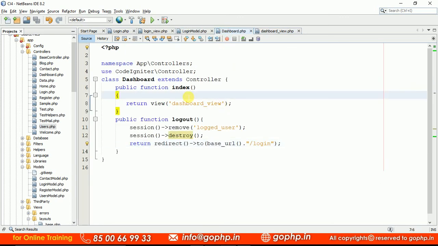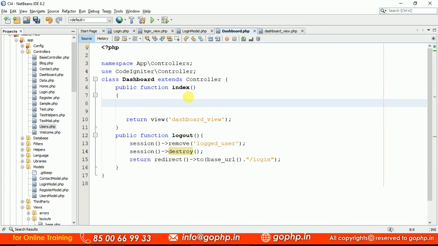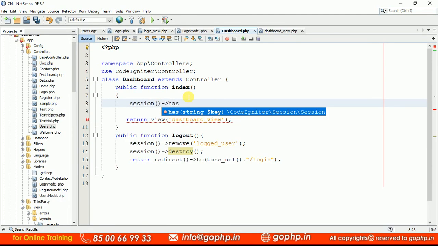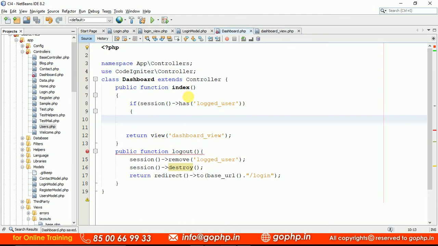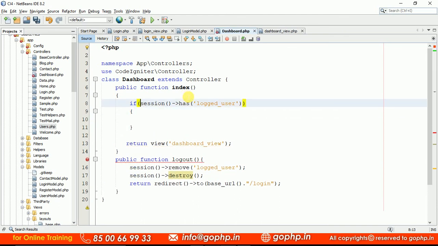Let me write a small condition before displaying the data, using session. We have a method, guys, called has, with the key. What is the key? Logged in user. If the session is available, the condition session has logged in user data is true, so it is having some data. Yes, we can proceed. Otherwise we have to redirect the user back. So I'm writing a condition: if session does not have user data, I want to redirect you back to your login page.